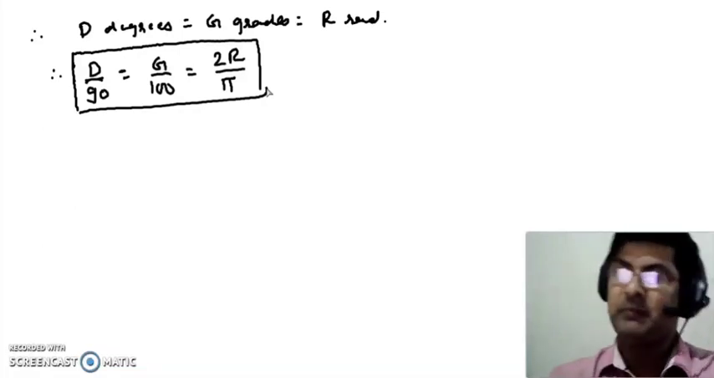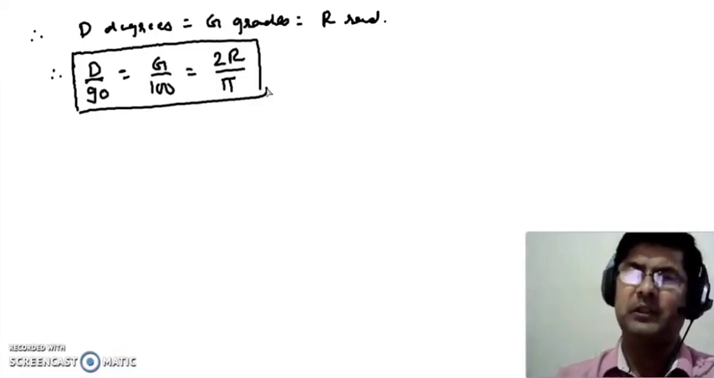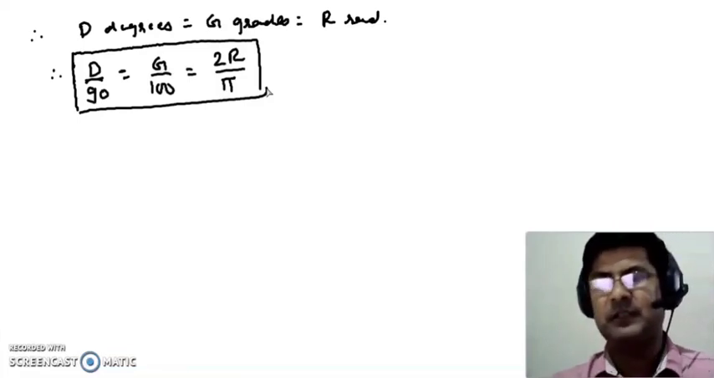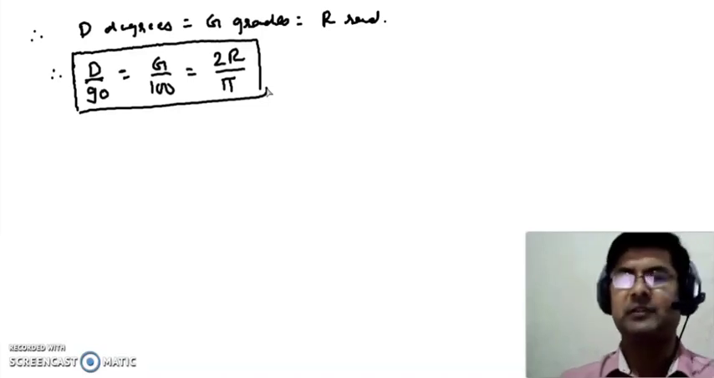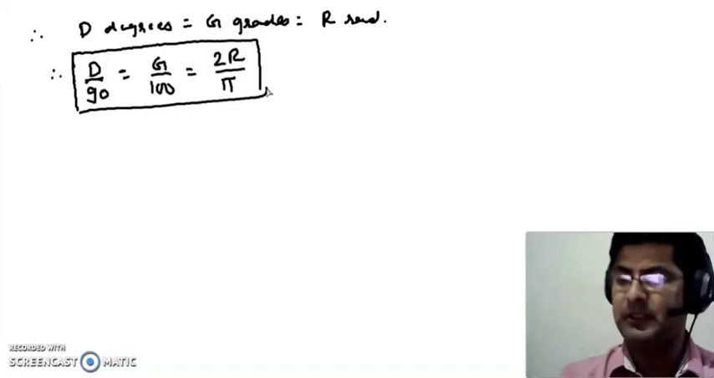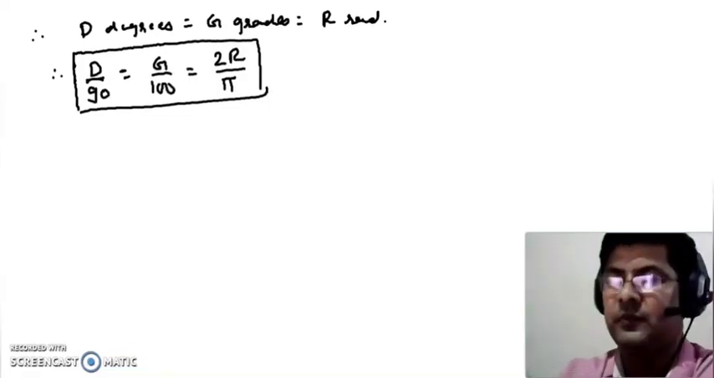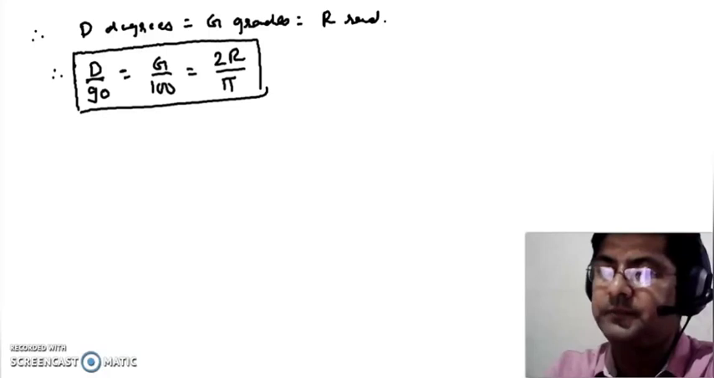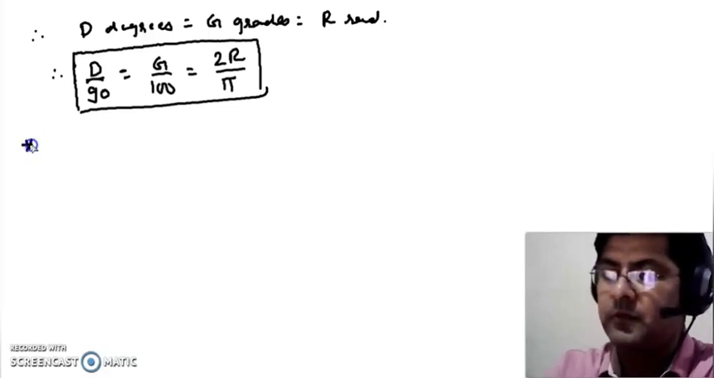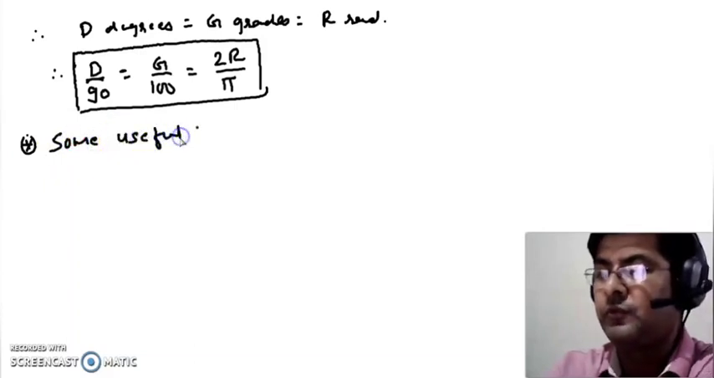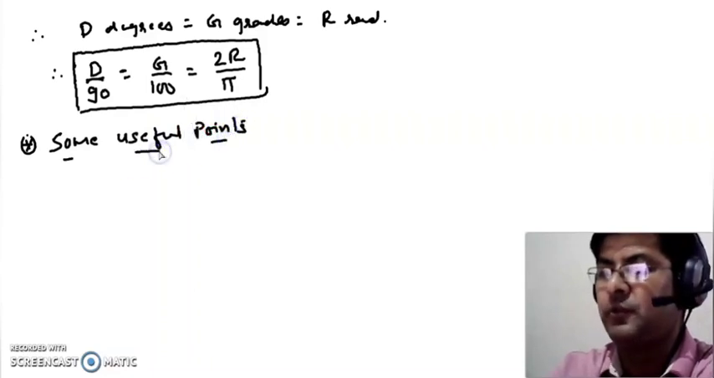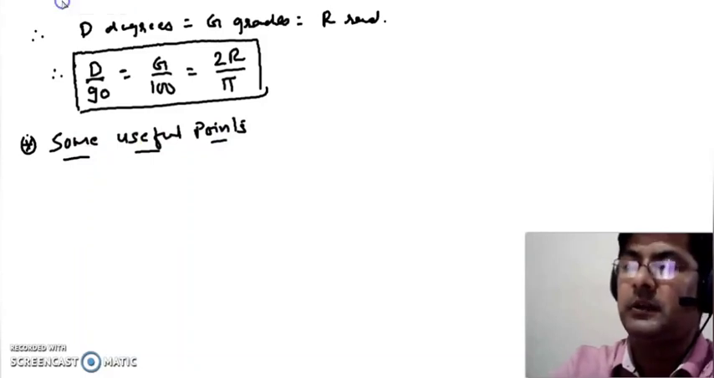Okay, now we will remember certain points. 2-3 points we will remember, then the explanation part will be over, and then we will start the exercise. So what are these 2 or 3 points? Let us see. So some useful points. We will remember some useful points. Okay, number 1,